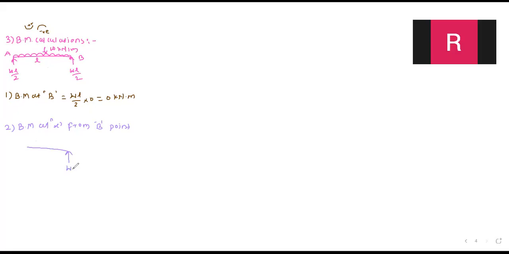Here WL by 2 force is applied and we have taken a section here. Here the uniformly distributed load W kilonewton per meter is applied. The perpendicular distance is x meter because we have taken the section at x. So now we will calculate the bending moment here, which is equal to